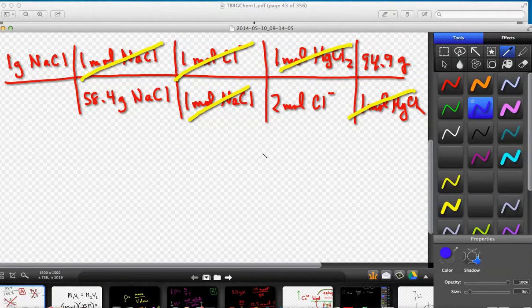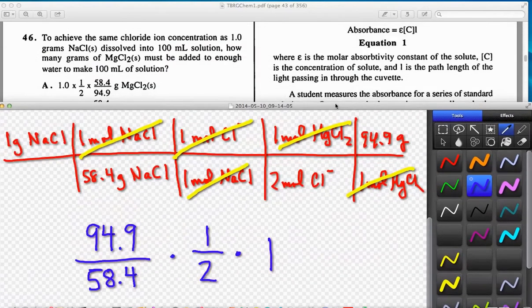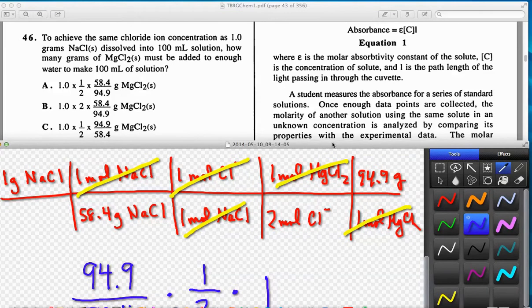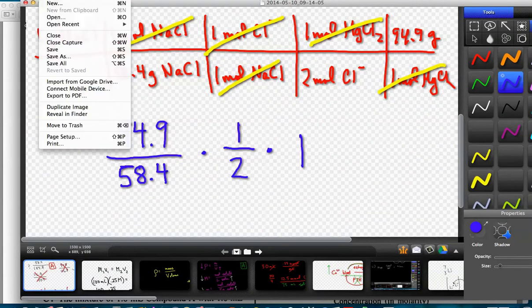Let's go blue. 94.9 divided by 58.4 times 1/2 times 1. There it is. Now, to me, the mistake I must have made